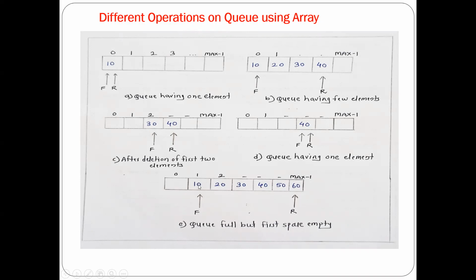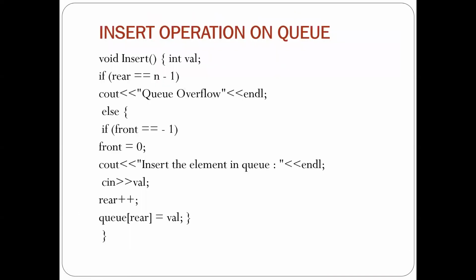That means only one element is present in the queue. Now the rear is at the last position, which is max -1. And front is at index 1, that means at the second position, so the 0th position is empty. But though the 0th position is empty, we say the queue is full. Why? Because here we are implementing the linear queue, and in a linear queue, if the rear end is at the last position, we assume the queue is full, though some positions are empty. This is one of the drawbacks of the linear queue.